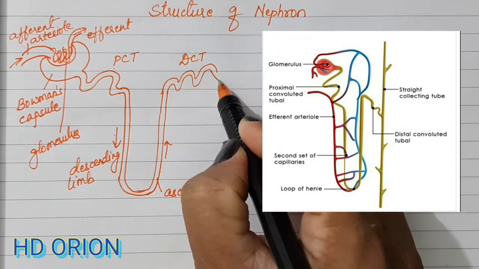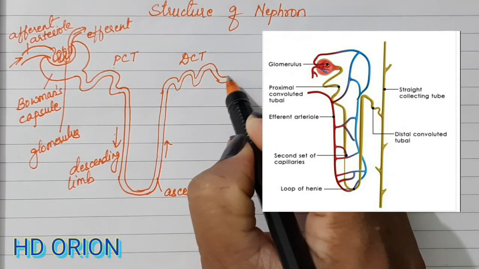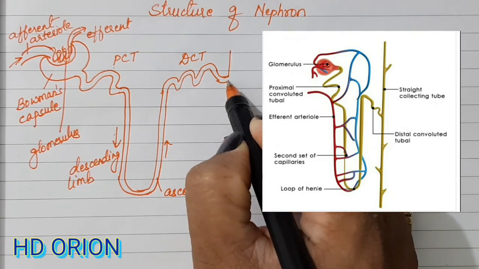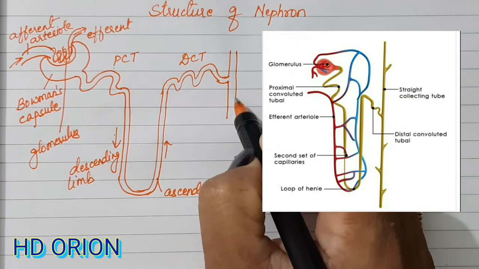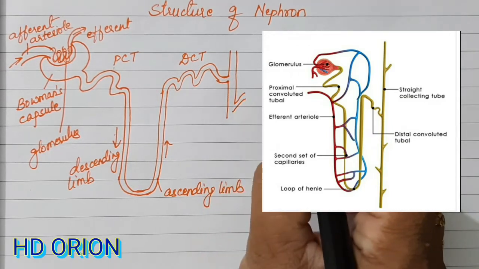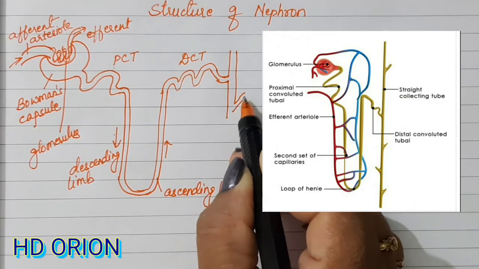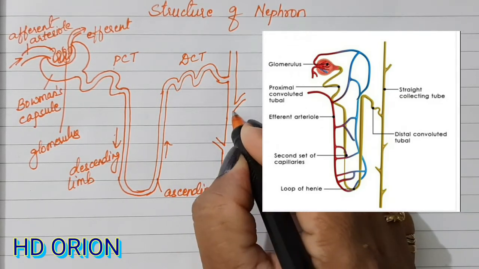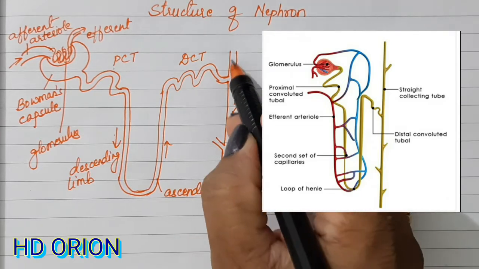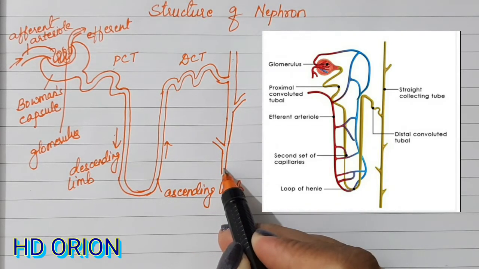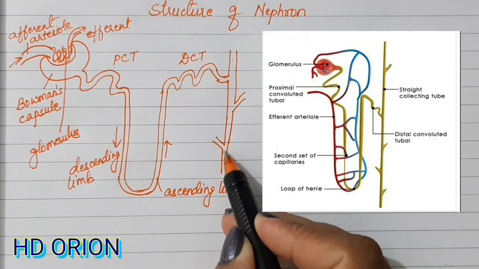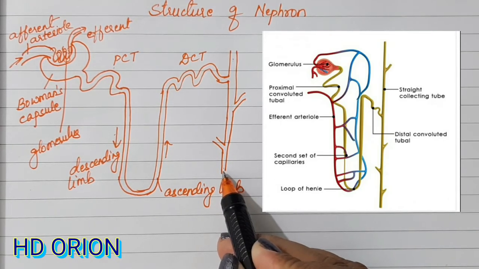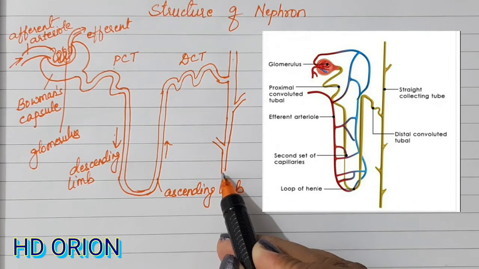The last part of the distal convoluted tubule is the collecting tubule, which combines to form the collecting duct. Suppose there is one more nephron over here. This is the collecting tubule of one more nephron. Then here is one more nephron, and these are all the collecting tubules which combine to form one collecting duct. This collecting duct runs down in the renal medulla. So we show it as striation. The renal medulla is often shown in striations.